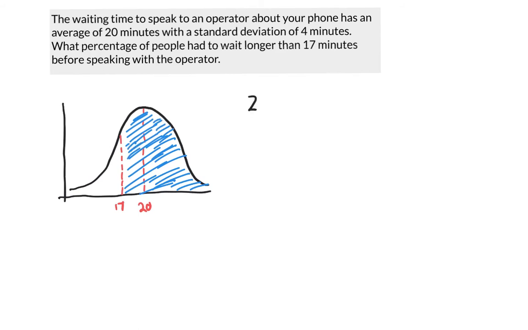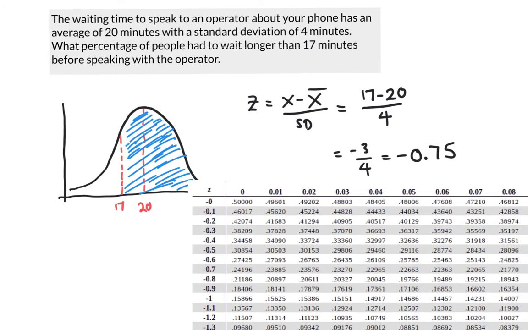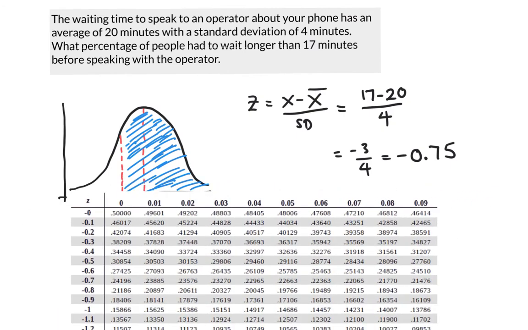So we'll use our same formula, z equals x minus the mean over the standard deviation. So we know the data point is 17 minus 20, the mean, divided by 4. And we get negative 3 over 4, which equals negative 0.75. Now the fact that it's negative is important, because now we have to go to a different chart. The chart we use has negative numbers on here, so we're looking for negative 0.75. So we know the negative 0.7 is here, and the 5 is there, so we match those two up, and we get this number here,